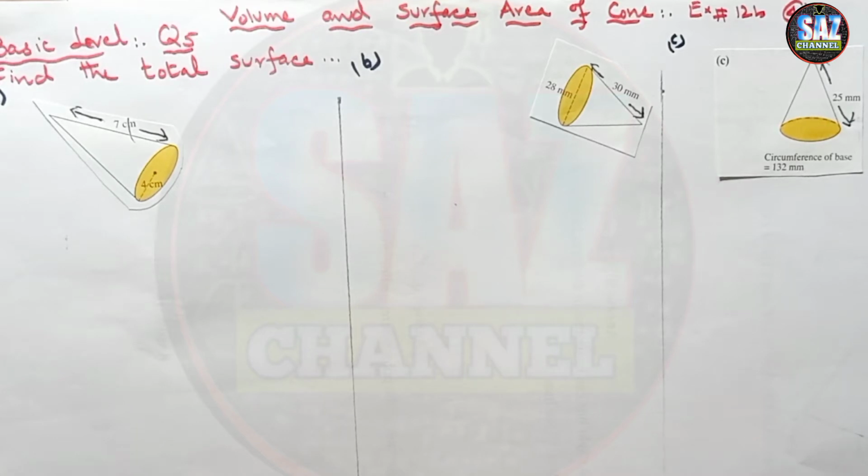This is my fourth lesson of D2, chapter number 12, exercise 12b, that is about the volume and surface area of cone. What is cone and what are the important terms like height, slant height, and what are the formulas for the volume and surface area of cone? These are the questions which have to be really clear to all of my students for better understanding of this